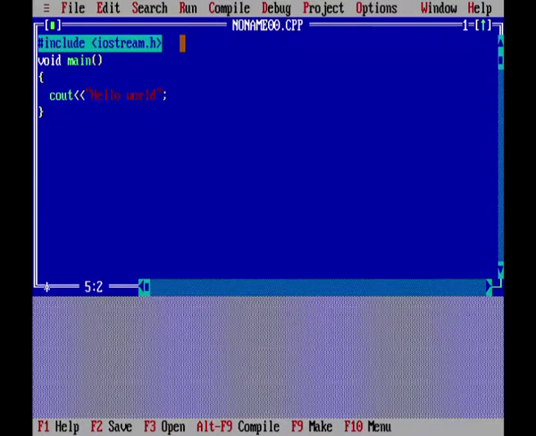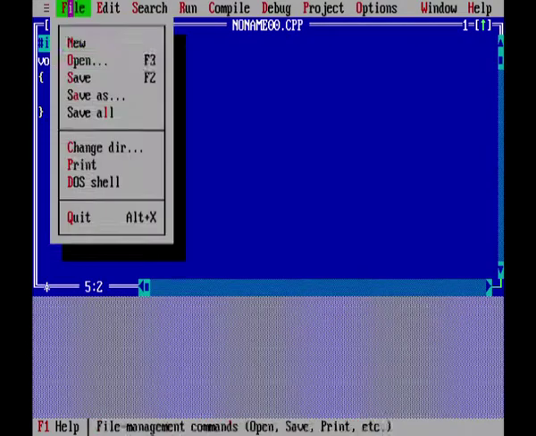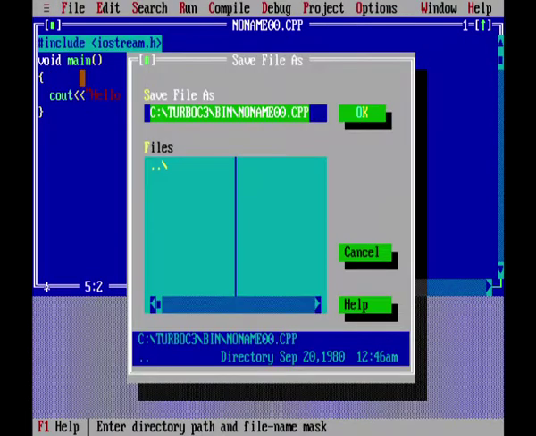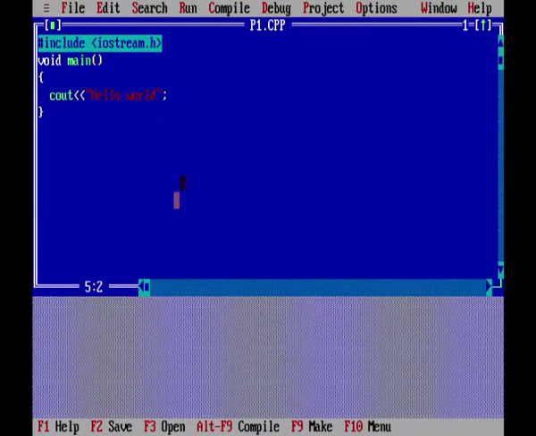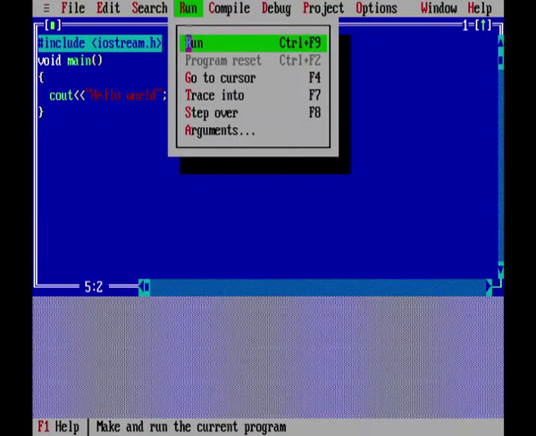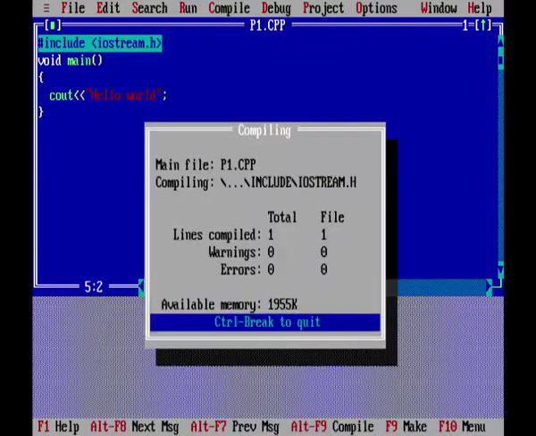Now, I shall save this program and then I shall run this program. To save the program, let me go to File, Save. Let me save it with the name p1.cpp. If I give P1, then also it will be saved as p1.cpp only. CPP is the extension by default. I press enter. So, now you can see here the program name has changed from noname00.cpp to p1.cpp. Now, let me run this program. I go to R, run, and then I click here run.